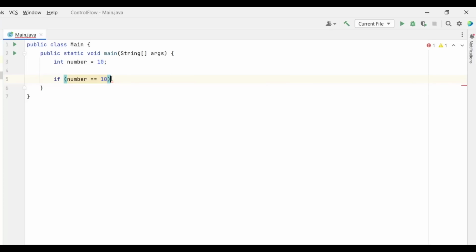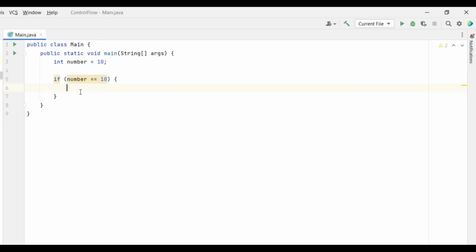And if that is correct, I'm going to put curly braces, and when I put the left curly brace and press enter, the right curly brace is added automatically. On line 7, the right curly brace was added automatically because I pressed enter.